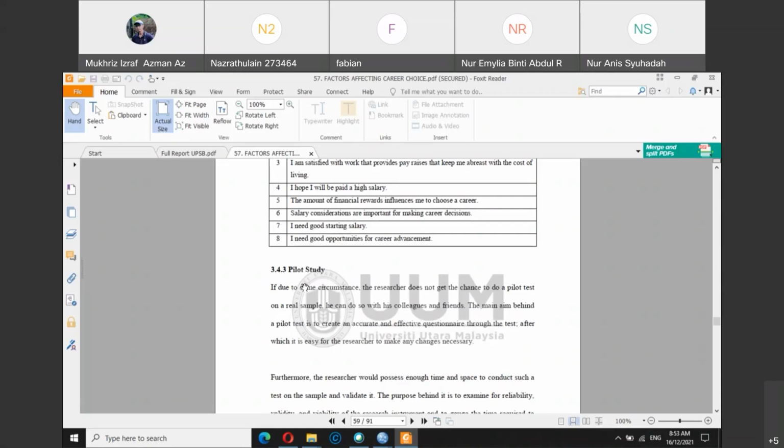For example, if you are doing a topic on the cost of living, the impact of an increase in the cost of living on the well-being, on the kebajikan of the people,